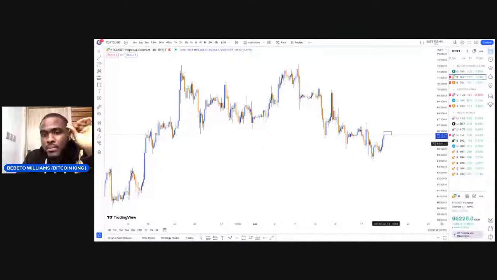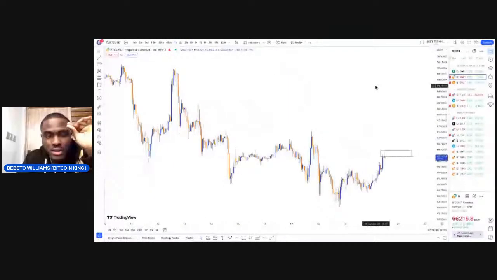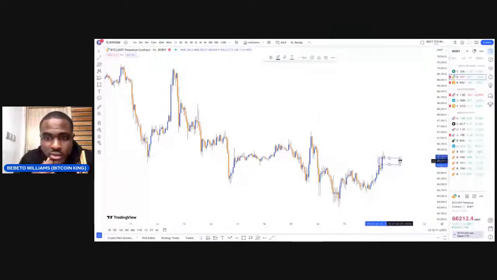So on the 1 hour time frame, what I'm expecting is a W pattern, the market to push to keep on buying. So allow market to form a W pattern around this area, guys. I'm sorry, on the 1 hour, not 4 hours. On the 1 hour time frame, allow market to start forming a W pattern to push in for a buy.